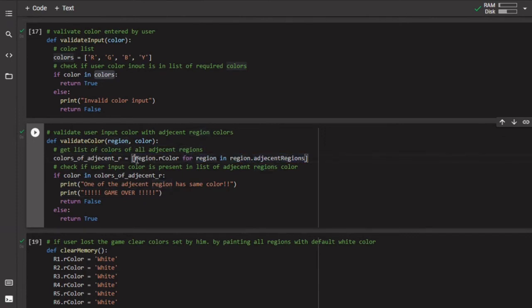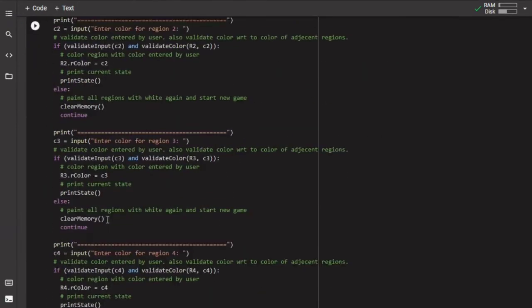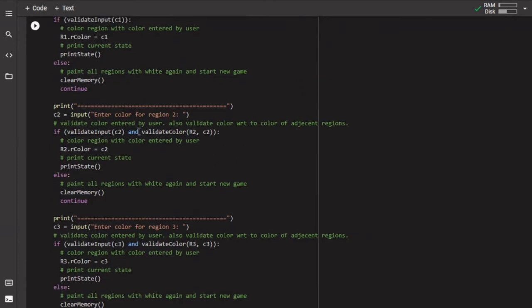For each region r in the adjacent regions list, I get the color of r and assign it to the adjacent color list, and then I check if the user input color is present in the list of adjacent region colors. If so, one of the adjacent regions has the same color, so it prints game is over and returns false. Else, if the color entered by the user is not an adjacent color, then it returns true.